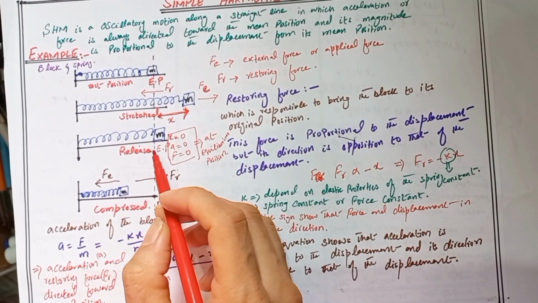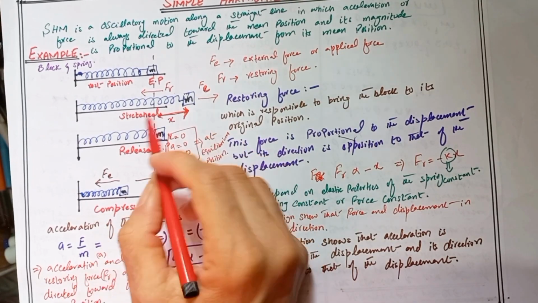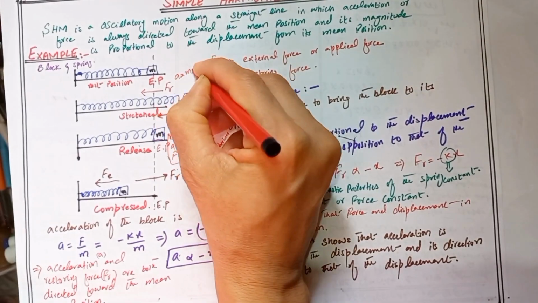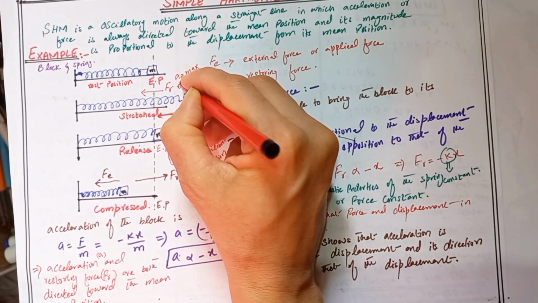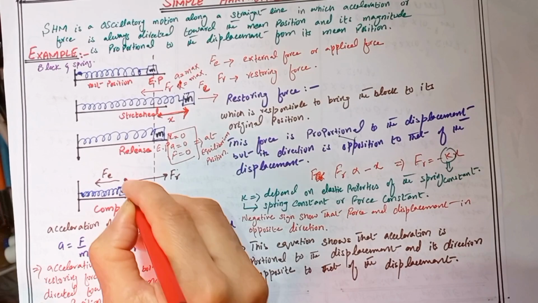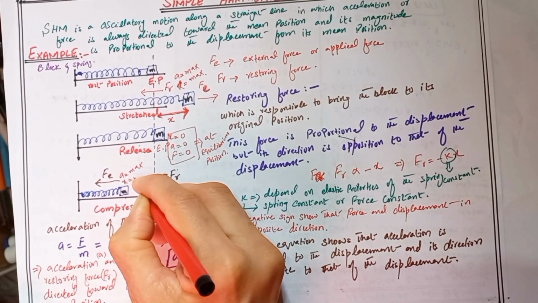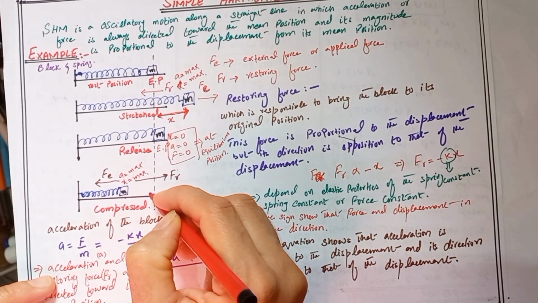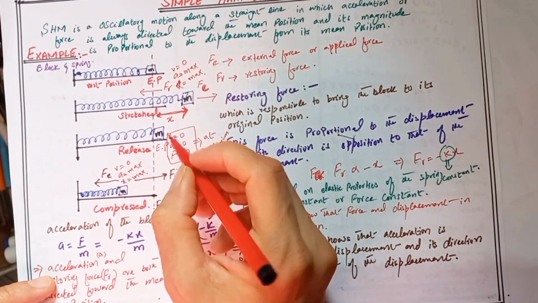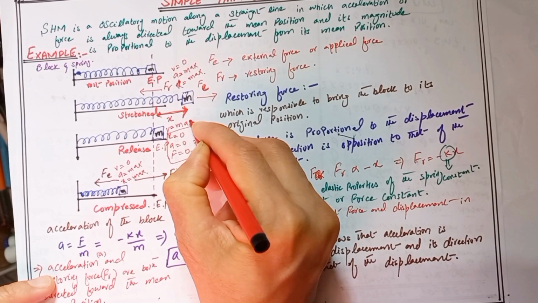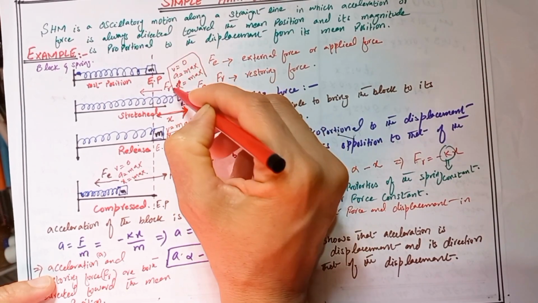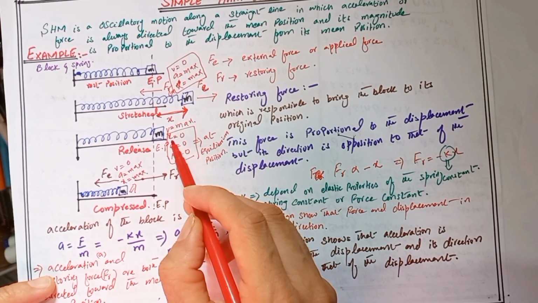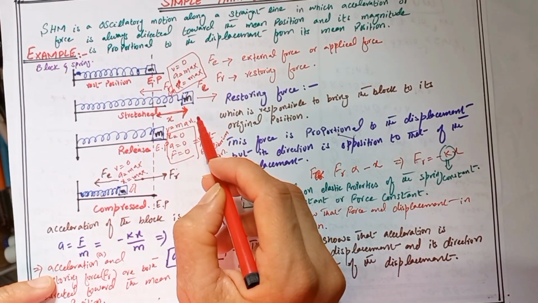But when the spring is compressed or stretched toward the right, its acceleration is at maximum and displacement x is maximum. Here also acceleration is maximum and displacement is also maximum, but the velocity is 0. Here also velocity is 0. But when it is released at the equilibrium position, velocity is maximum. So when the spring is stretched or compressed, velocity is 0, acceleration is maximum, displacement is maximum, but at the mean position displacement is 0, acceleration is 0, force is 0, but velocity is maximum.